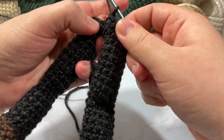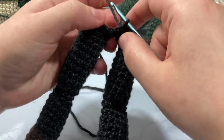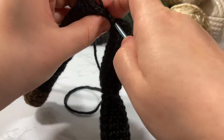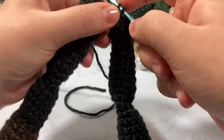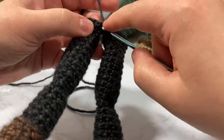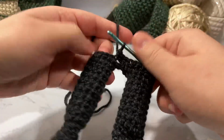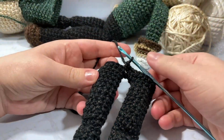and now you kind of have this loose one here and you have a chain right there. You're going to go through your chain. It's going to be tight. This is the last one, and for some reason it's always the worst. We're going to do a single crochet through there, and now we're going to do a single crochet through that first one because, I don't know why it always does that, but it does. Anywho, so now we're going to